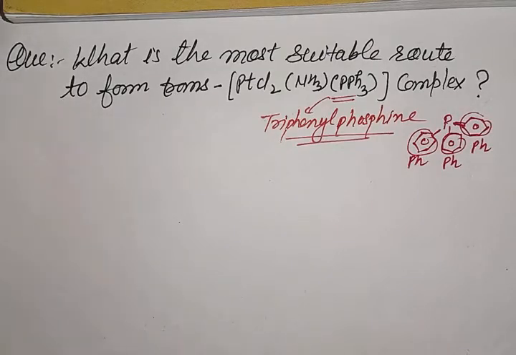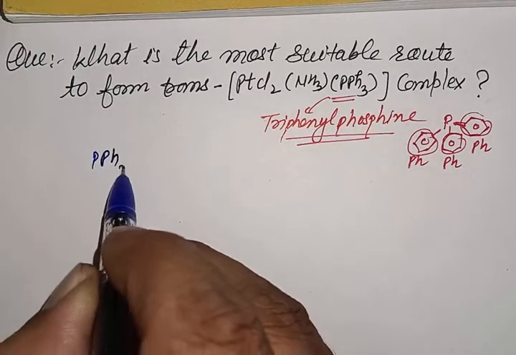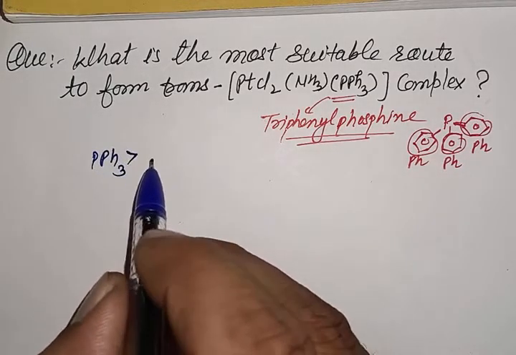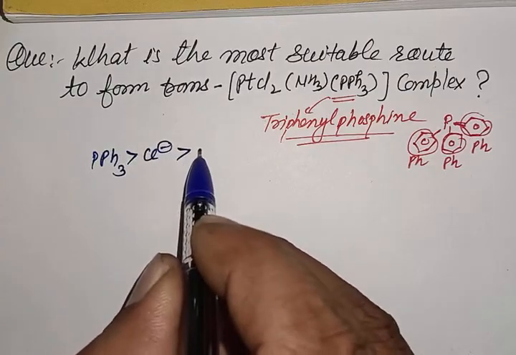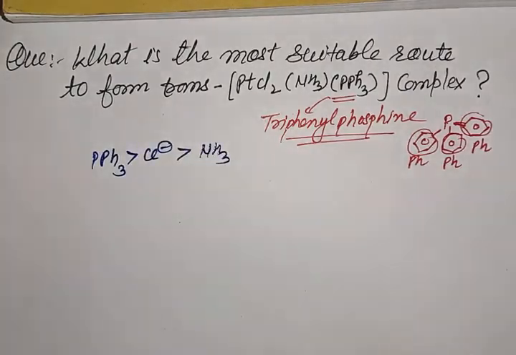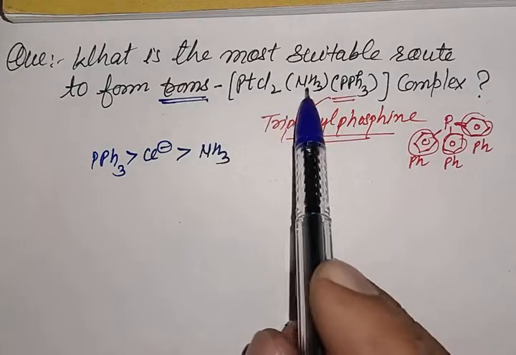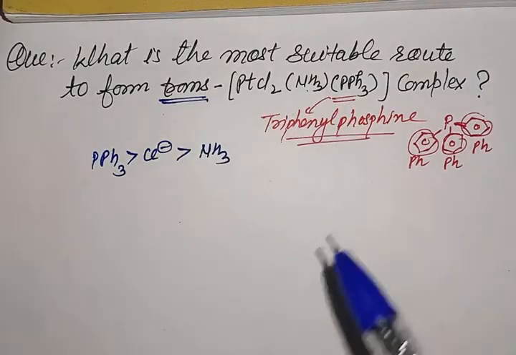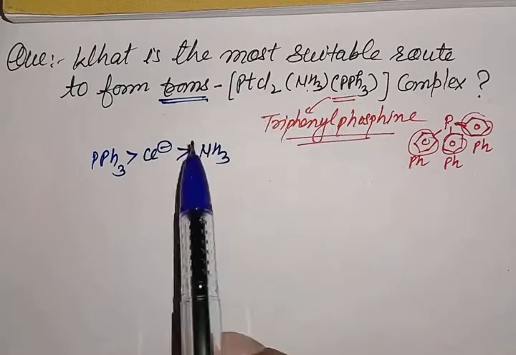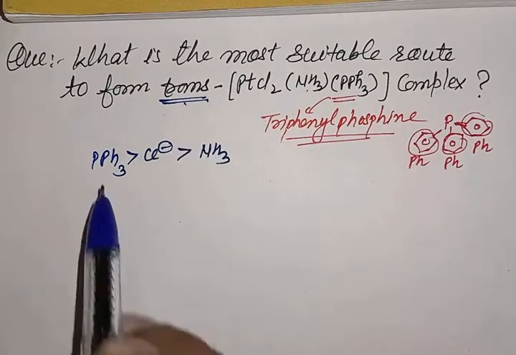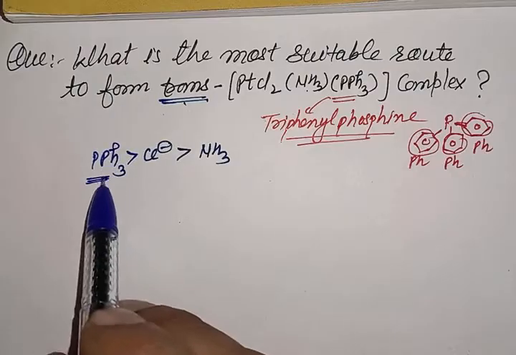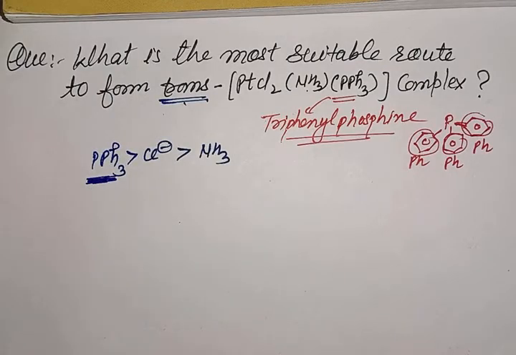As we know, in this complex, triphenyl phosphine has more trans effect as compared to Cl negative, and Cl negative has more trans effect as compared to the ligand NH3, that is ammonia. And we know that we have to prepare a trans complex, and there are 3 different types of ligands. When we have 3 different types of ligands and want to form a trans complex, in the first step we will add the ligand which has the highest trans directing power. So let's first take the complex